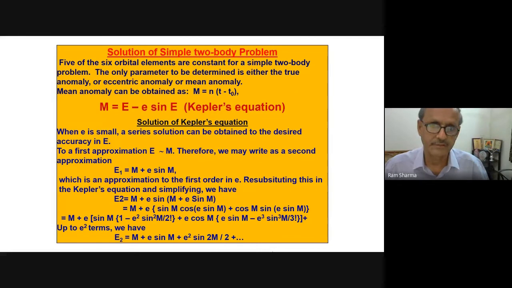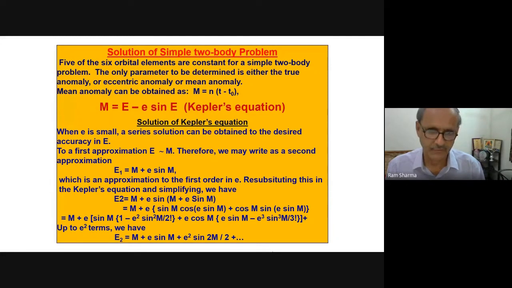Now E2 becomes, now M remains same, you don't change that. Iteration is on the other one, because e is the small parameter. These equations can be used only when e is small, not when it's large. And we have checked 0.2, 0.3, it works easily. Up to 0.3, I have not seen any problem for this equation, because we teach our students which they are easily able to get. I have got a worked out example. I'll show you how this works nicely.